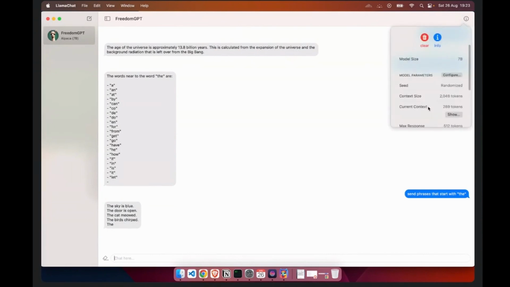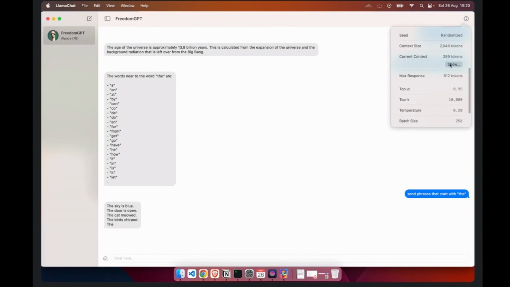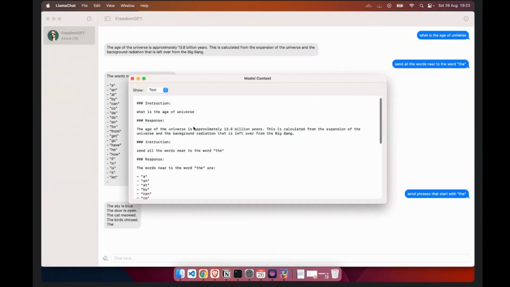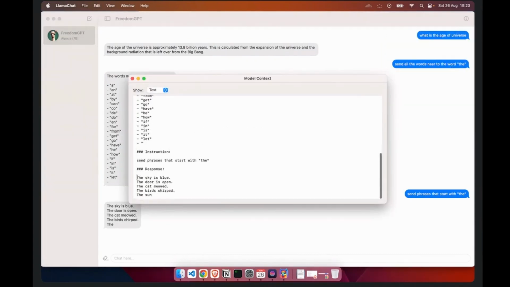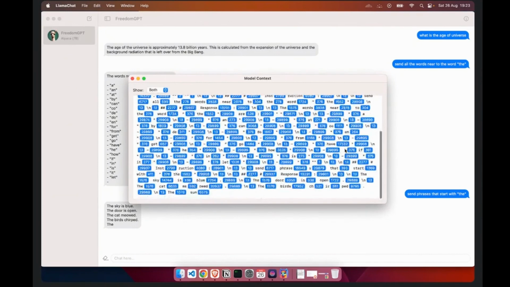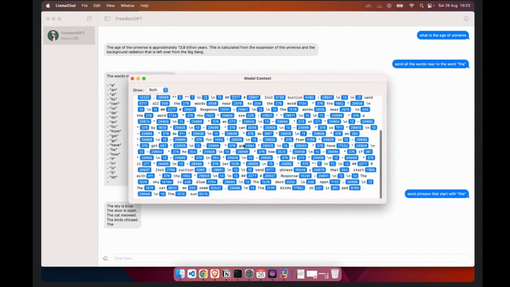और अब हम देखेंगे कि टोकन दिखते कैसे हैं। ओके, सो हम जाएंगे करंट कॉन्टेक्स्ट के अंदर, जहाँ पे मैं देख सकता हूँ कि जो मैंने टोकन्स पास किए हैं वो ये थे। जैसे आप देख सकते हो, द स्काई इज ब्लू, द कैट म्यूट, द बर्ड्स चर्प्ड। ओके, नाउ आई विल गो इन टोकन्स फॉर्मेट और बोथ। सो हियर यू कैन सी, यहाँ पे एक पर्टिकुलर शब्द के आगे एक आईडी असाइन हुई है, जो मैंने अभी आपको बताया था लिख के। ओके, सो यहाँ पे आपको द दिख रहा होगा, यानी द 1552। ओके